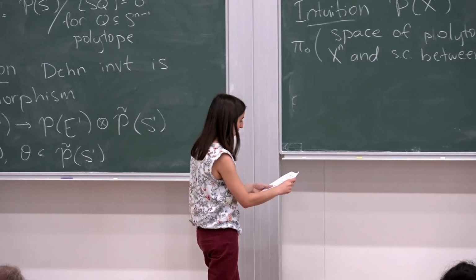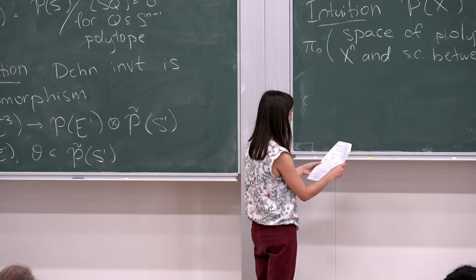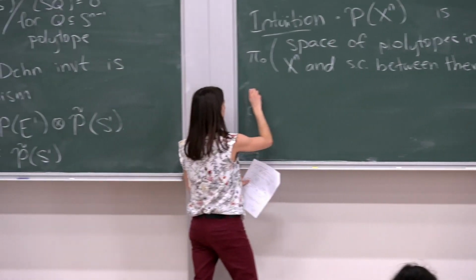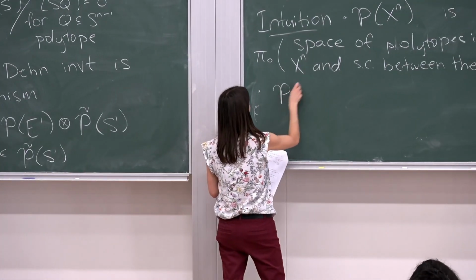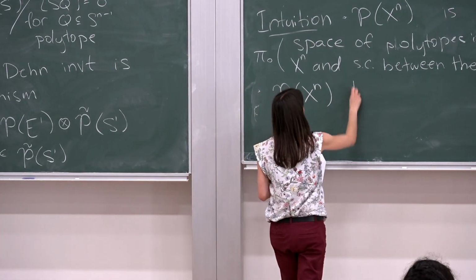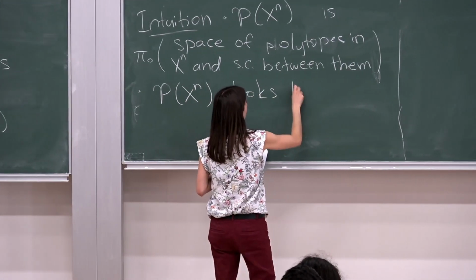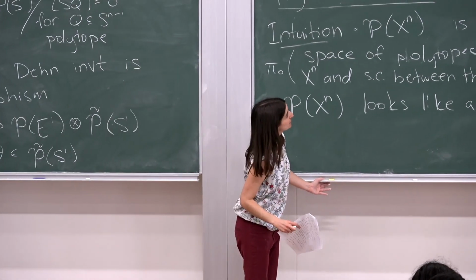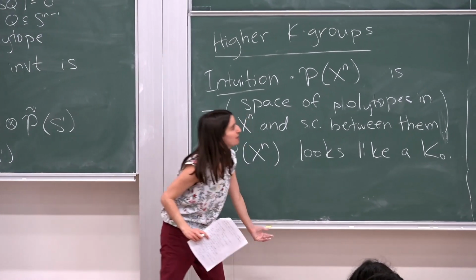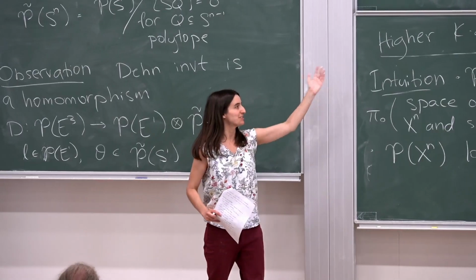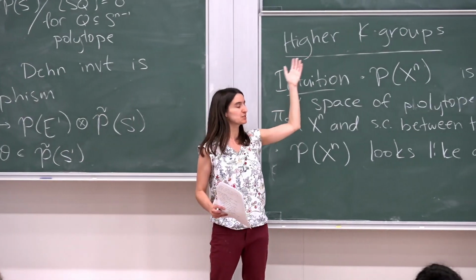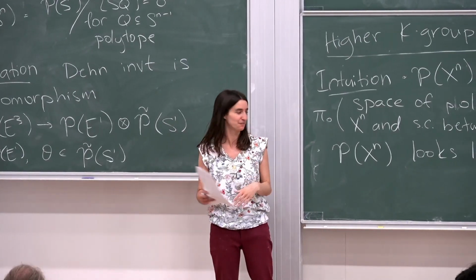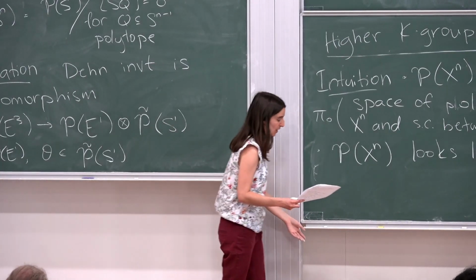Same kind of thing. Another thing that you can notice about these scissors congruence K groups is that this P(X^n) kind of looks like a K0. If you look at the definition, it's telling us when a bigger thing splits as a sum of smaller things. That's very much a K0 type of description. And so